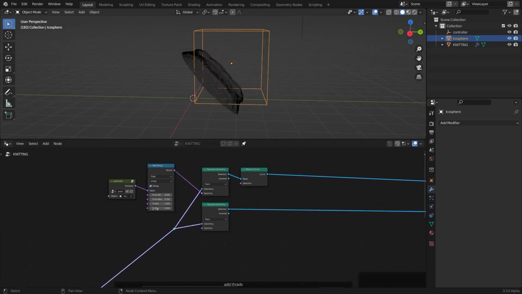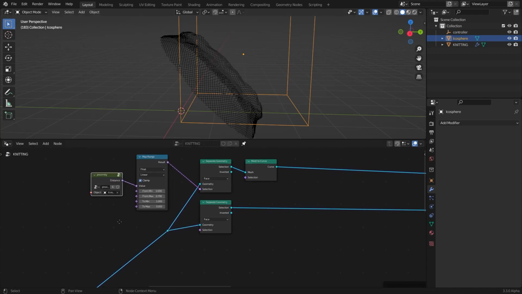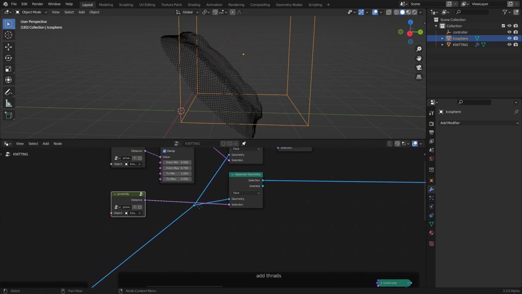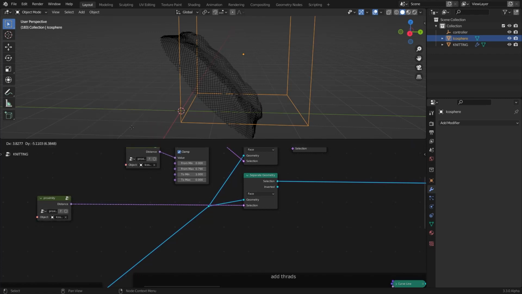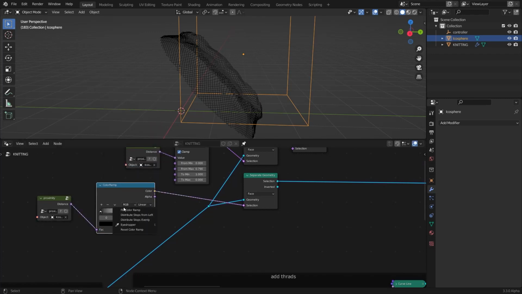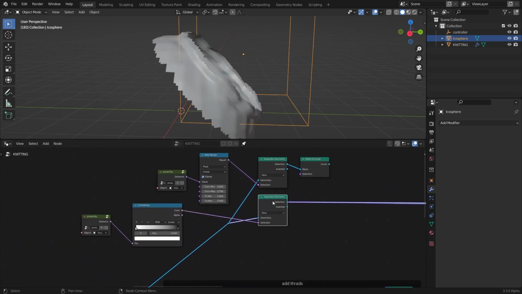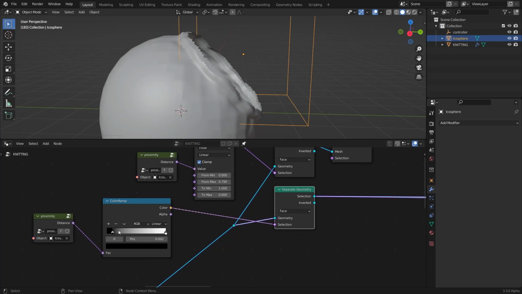So what we will separate now is the opposite geometry of that, which is the whole body here. So I'm going to duplicate the proximity node and connect it to the selection. Then what I can do is add a simple color ramp or a map range if you like, and I flip the color ramp and see what works. So if I preview this separate geometry node and sort of look at it, flip it again,